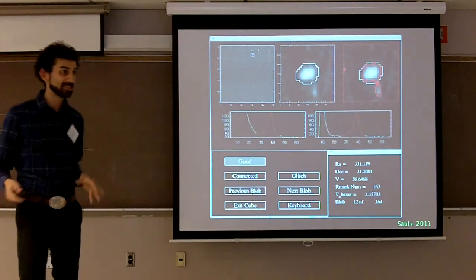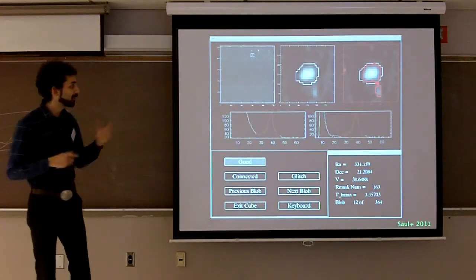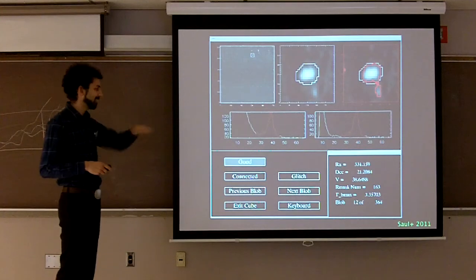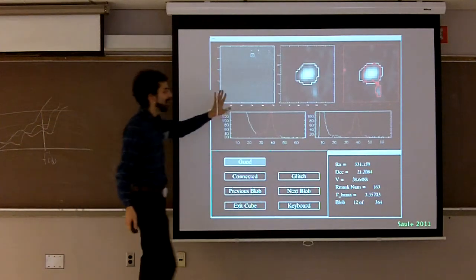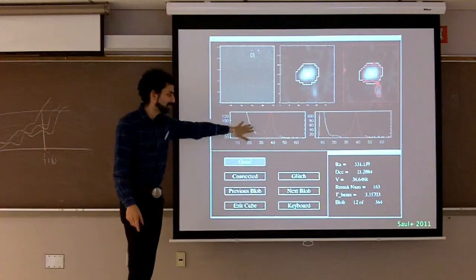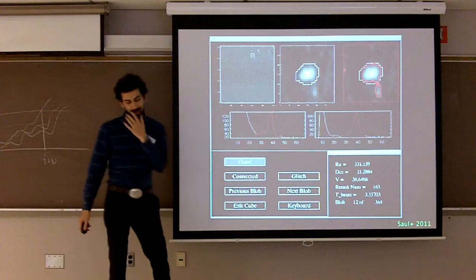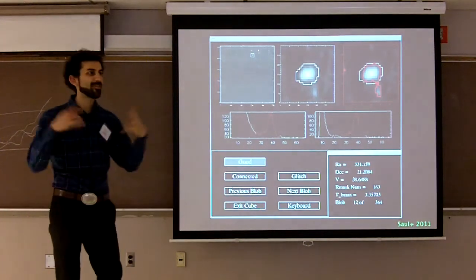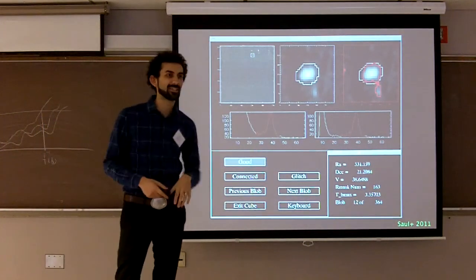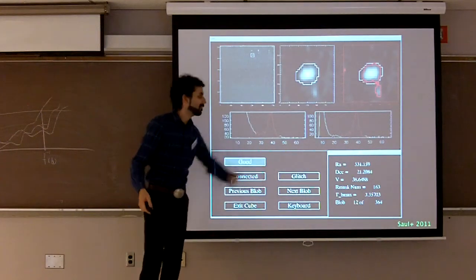We didn't publicize this at all because we only had 20,000 original objects or so. Each object was looked at by 3 people, and they were presented with this kind of display. We were able to navigate through these objects in position-velocity space and look at their spectra and choose if they were good or glitch or connected. Now, the glitch is a real problem because we have all this data that's contaminated in various ways, because I don't do a terribly good job at actually selecting and getting rid of errors in the data.